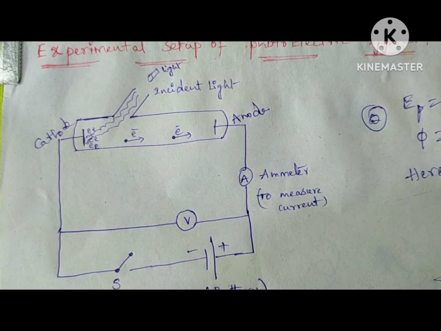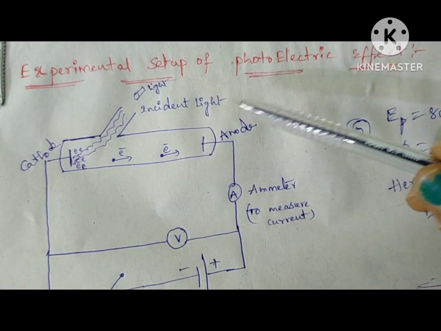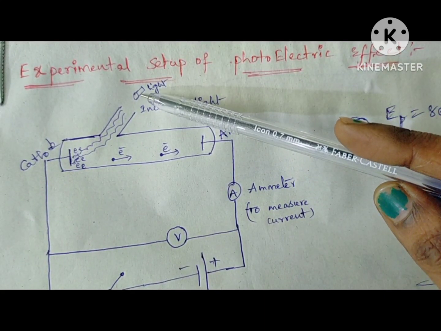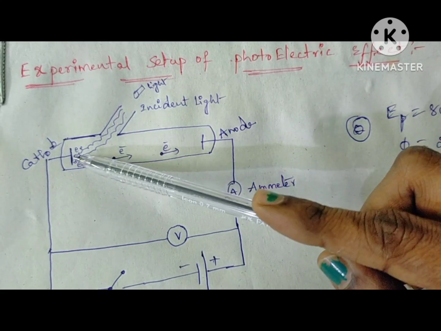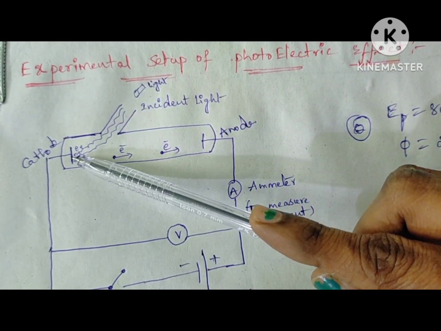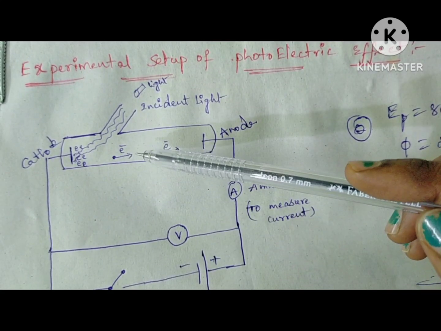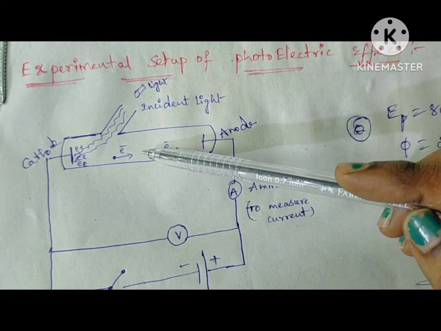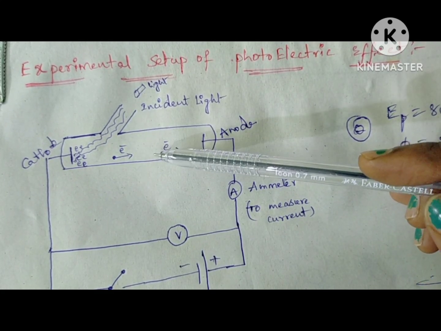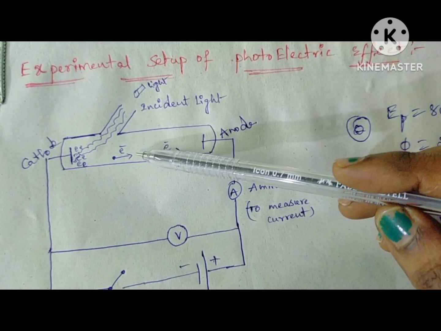In the previous session, we already learned the definition of the photoelectric effect. That is, from the light source, we are getting the energy of photons. Whenever this energy of photons falls on this metallic surface, which is nothing but the cathode, the already existing electrons are emitted. The emitted electrons sometimes collide with each other and sometimes there are no collisions between the electrons, so they are traveling and reaching